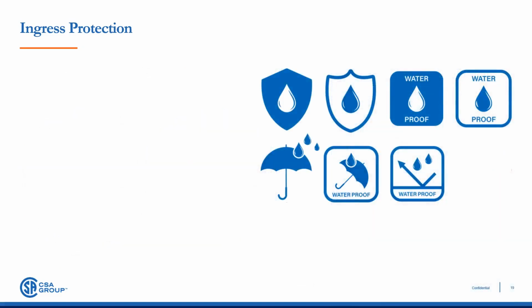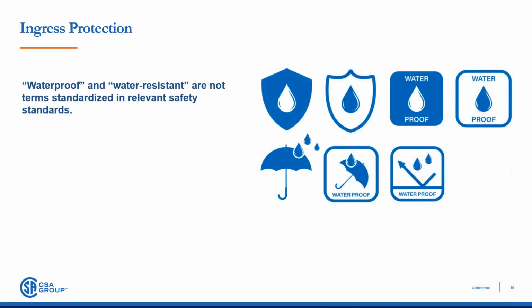IP ratings have raised many discussions about safety standards due to the disparity between end product testing and end user expectations. Terms like water-resistant or waterproof imply products remain functional after being subjected to moisture ingress. However, since these terms are not standardized, they may be applied inconsistently to products and still lead to user misconceptions of IP ratings. IP ratings for moisture resistance are usually performed on appliances when they are not functioning, and the assessment is solely based on fail-safe outcomes. The products are not required to remain functional after the test.